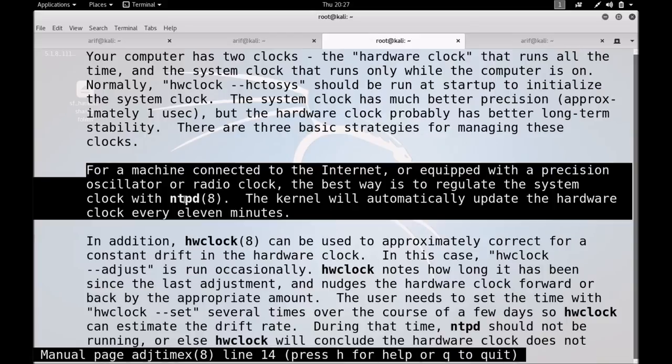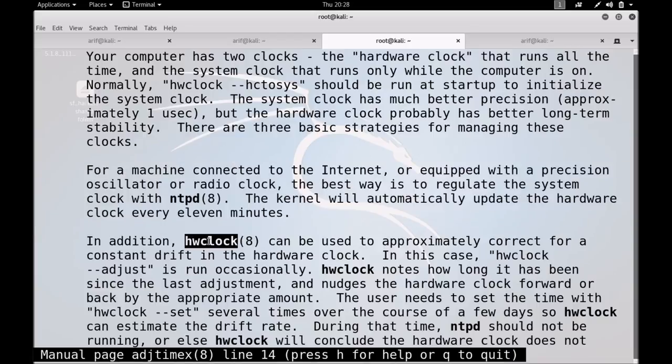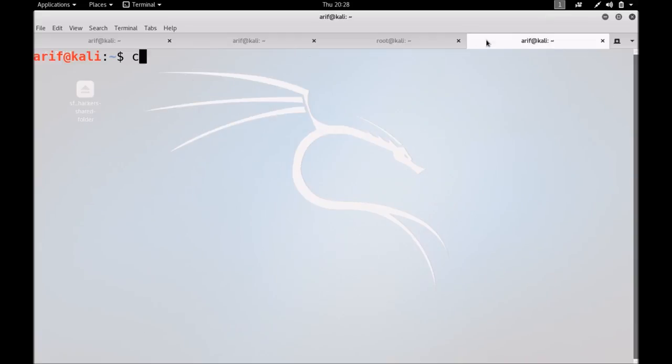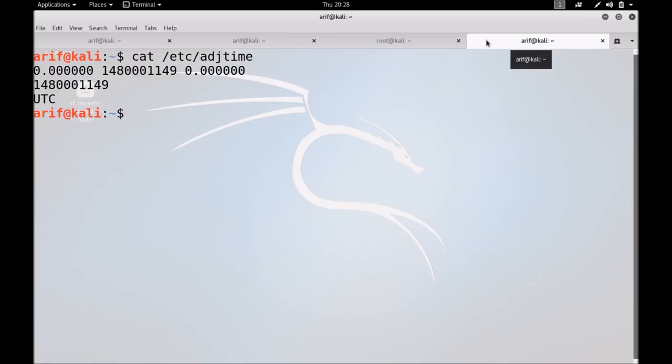The second is that you can use the hwclock command to measure or estimate the drift rate, and this drift rate is normally stored in a file, adjtime. This is the drift rate which will be there in this file, having three lines, the first line having three values.